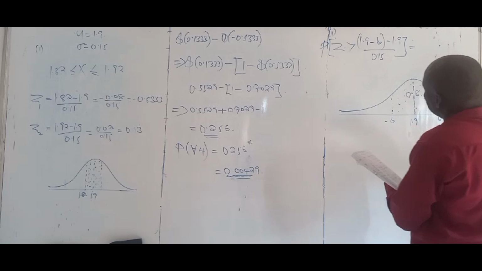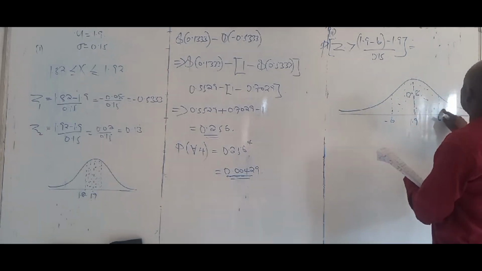If that is 0.8, we are left with 20%, which takes this 0.1